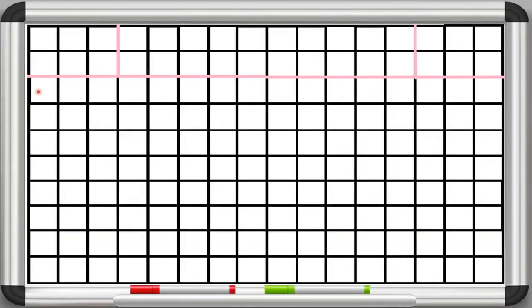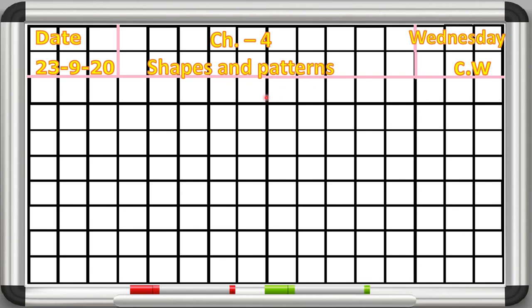I'm going to tell you how you have to draw sphere shape. Okay, so again, this is our notebook page. First of all, we will write date, day, CW. Here in between, chapter number 4, shapes and patterns. Now here we will write sphere. Okay, because here we are drawing sphere shape.